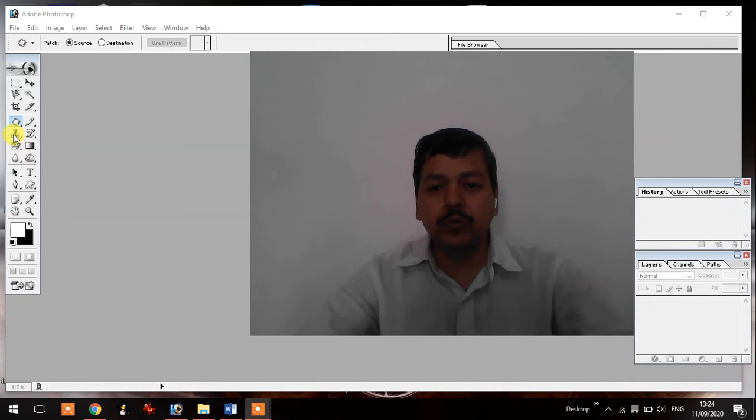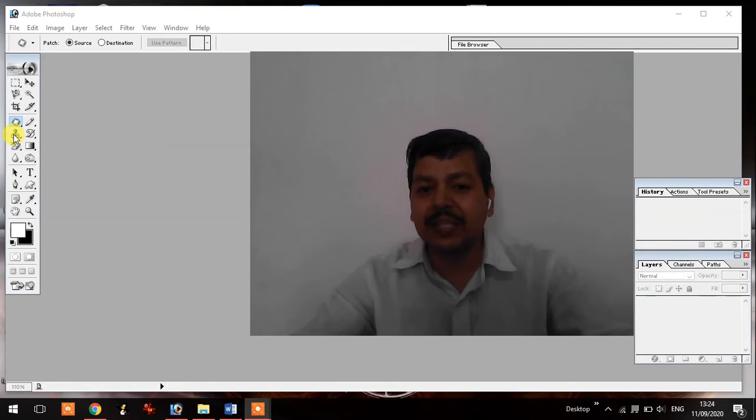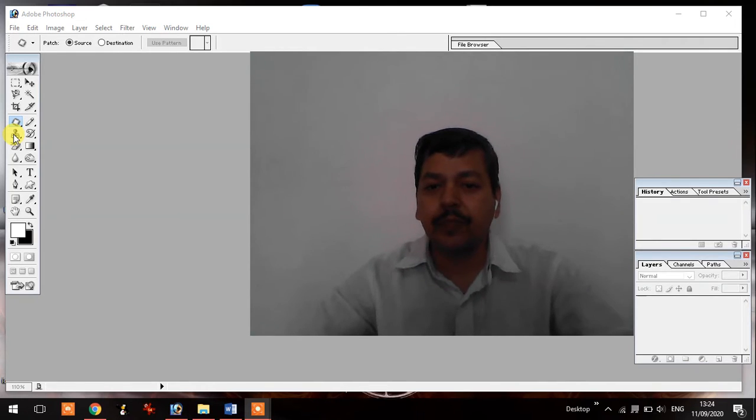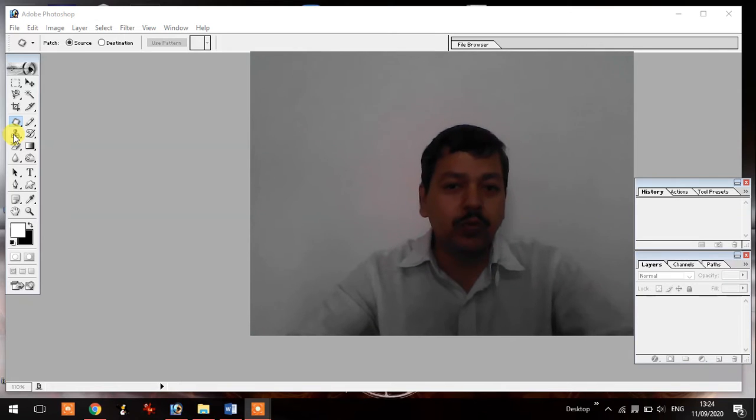This tool is used to make a clone of your image. If you want to make a clone, or you can say a duplicate, of a particular image in the same layer, a new layer, or on any other picture or image, you can use this clone stamp tool.